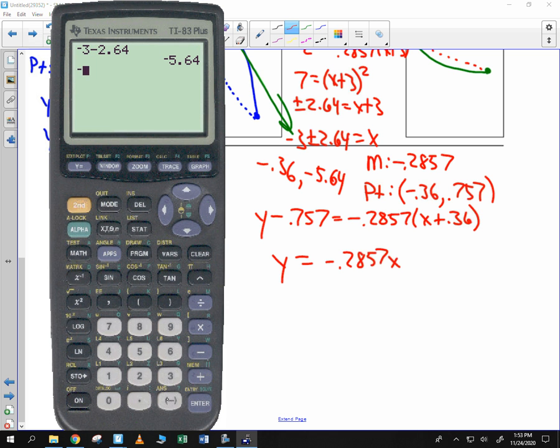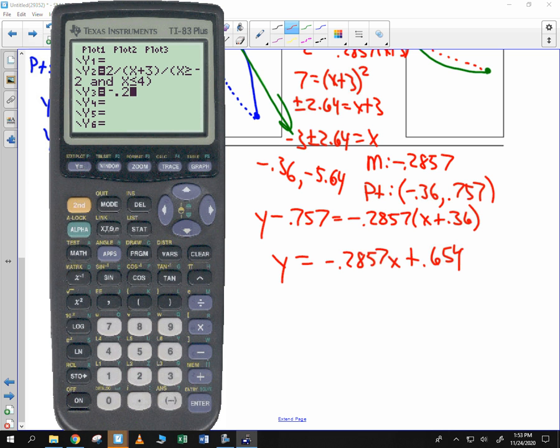If we take negative 0.2857 and we multiply it by 0.36 and we add to it 0.757, you can see we get 0.654. Now, why did I want to do that? So I could go into my y equals here. I could type in negative 0.2857x plus 0.654. And if you look at that graph,